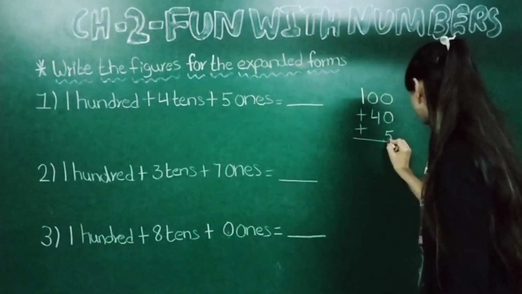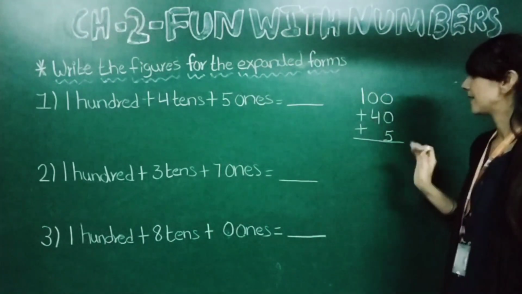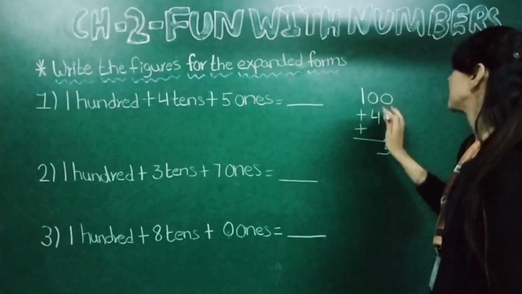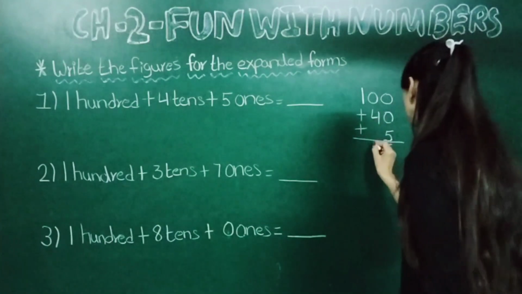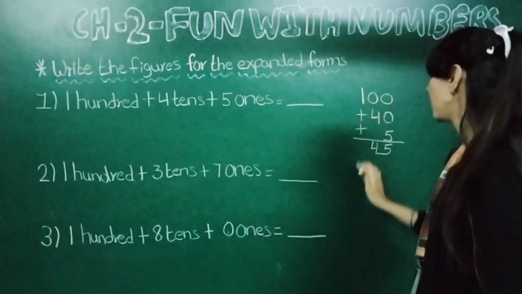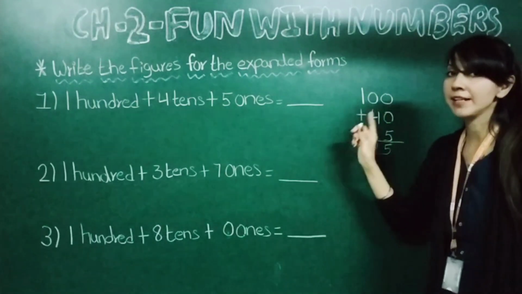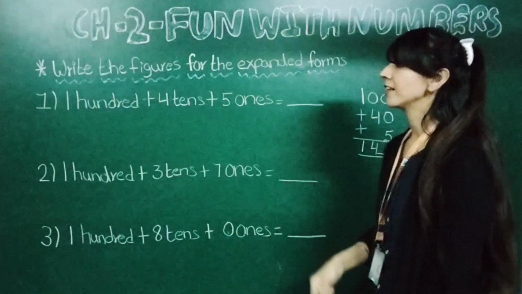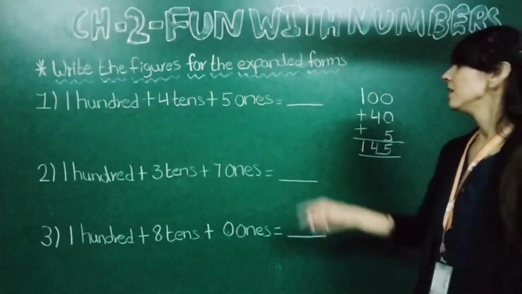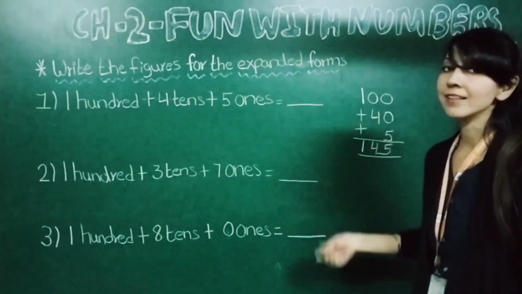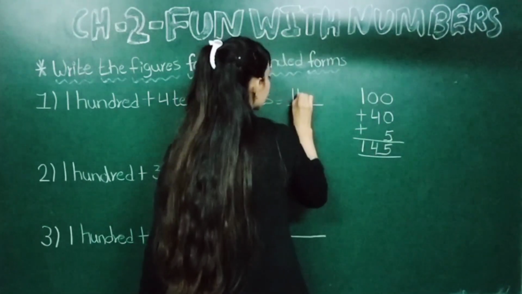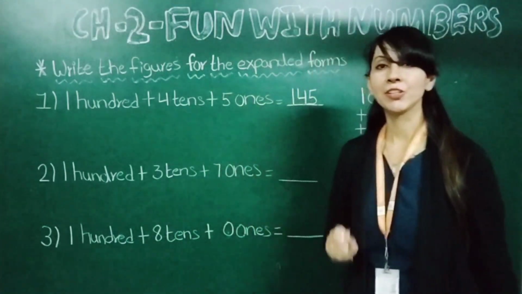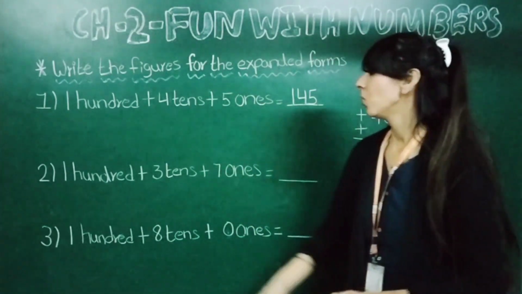Now see students, 0 plus 0 plus 5. So here it will come 5. Yes. Now 0 plus 4. Yes. Here we will write 4. And this 1 that you can see in the 100 place, here we will write 1. Now you got it in standard notation. Yes, in standard form. In this blank we will write like this. 145. Understood? Now moving to the next one.